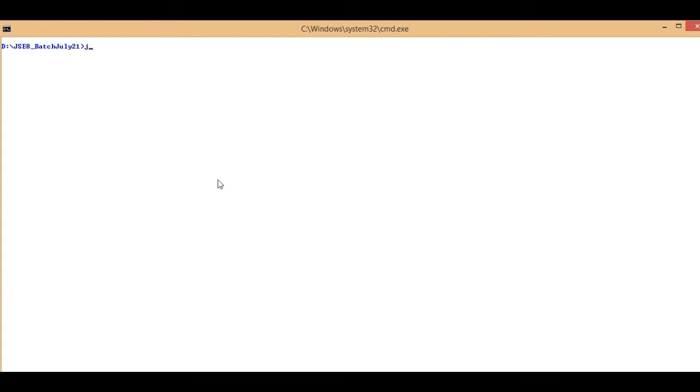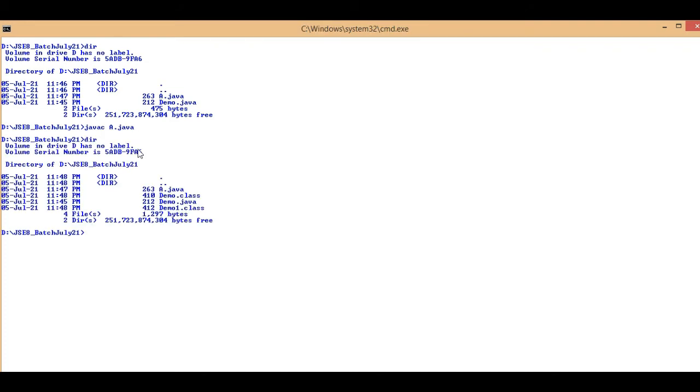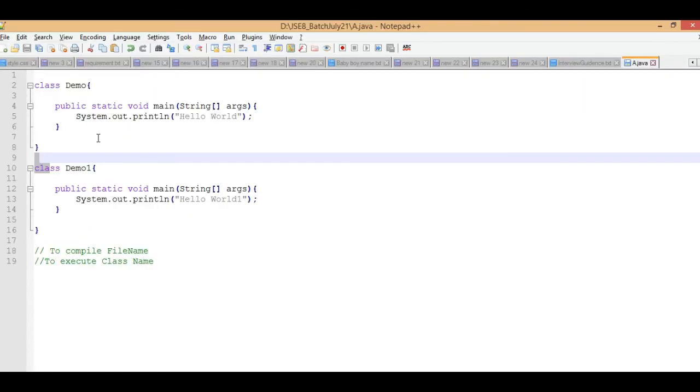First of all, I check that the directory has two files, a.java and demo.java. Now I am compiling the a.java file only. Let's check: demo.class, demo1.class, two files are generated.